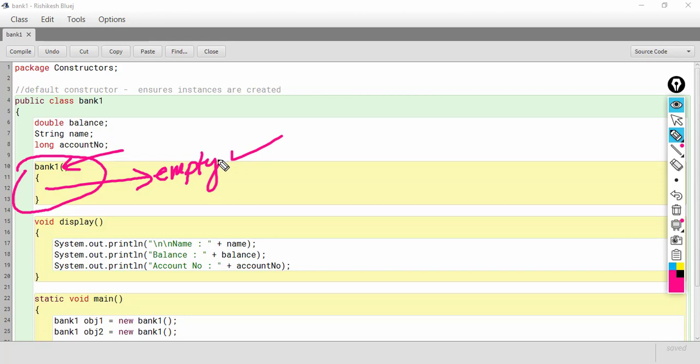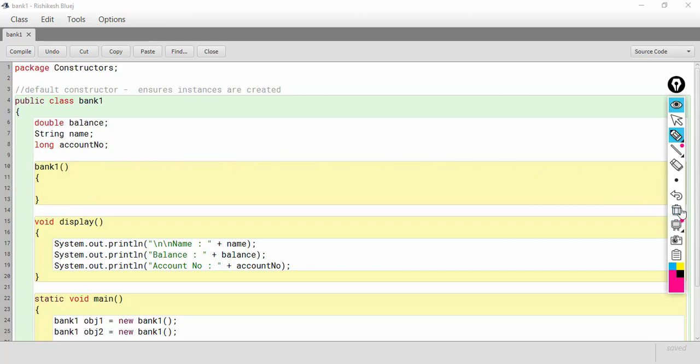This is the characteristic of a default constructor which is inserted by the compiler. So we can say that the default constructor ensures that the object is successfully created.